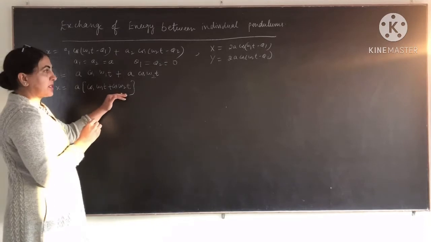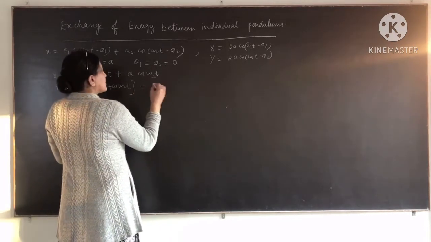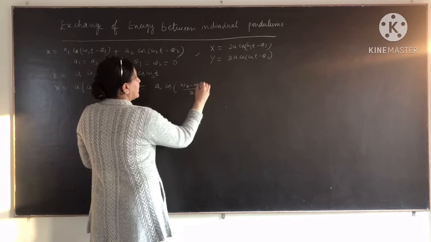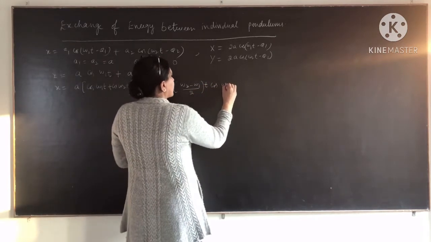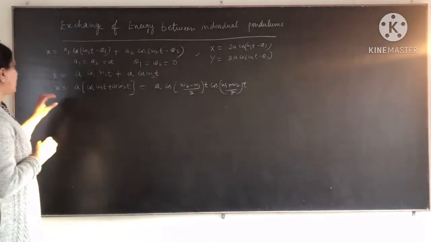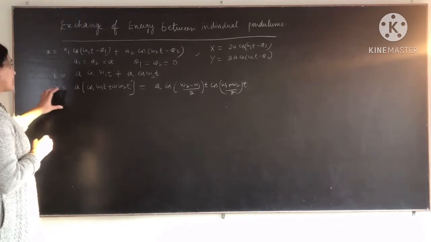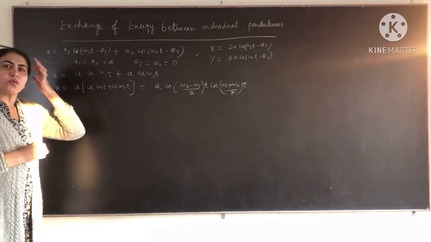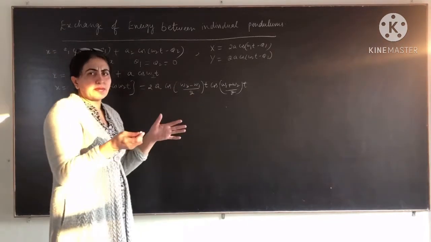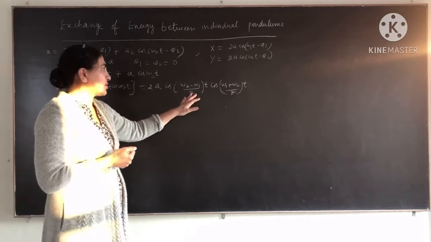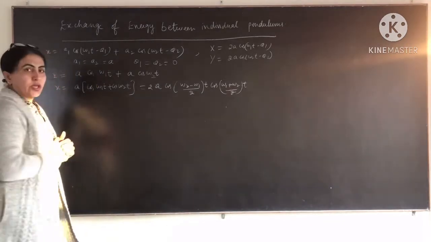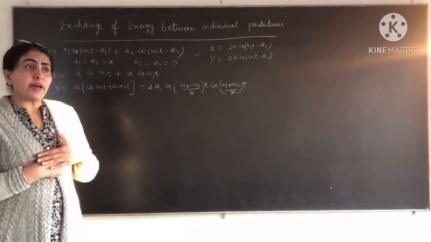So cos C plus cos D gives x = 2a cos((omega 2 minus omega 1)/2 t) cos((omega 1 plus omega 2)/2 t). Using cos C plus cos D equals 2 cos((C+D)/2) cos((C-D)/2), and since cos of minus theta is equal to cos theta, we get cos((omega 2 minus omega 1)/2 t). Clearly? So this is our value of x.